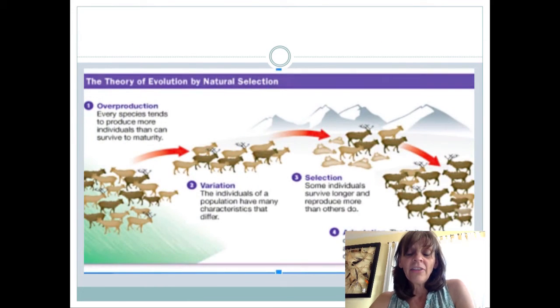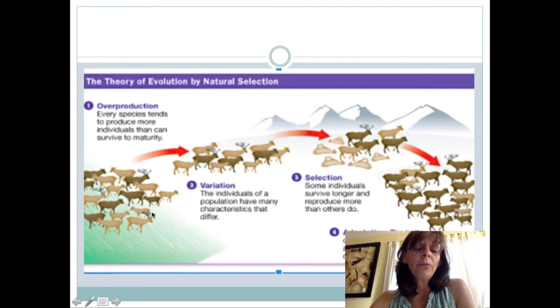All right, here's another look at it. The other thing that we talked about being really important is you have to have overproduction of a species. Then those forces which add competition and selection will act on the variation. It will select for the ones that are more adapted and more fit, and then you will have a population